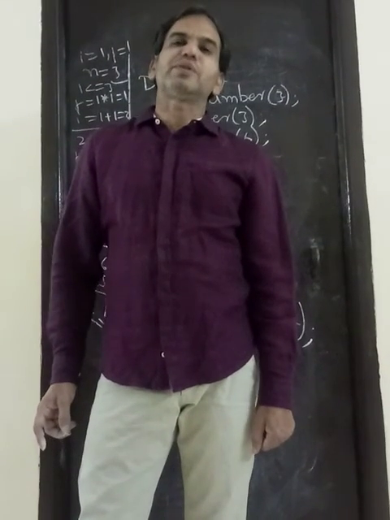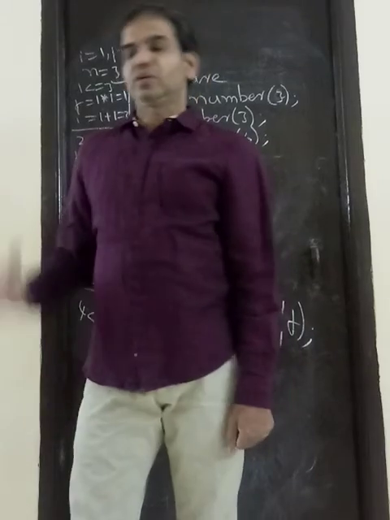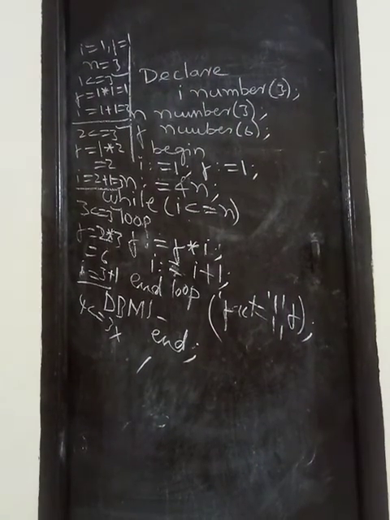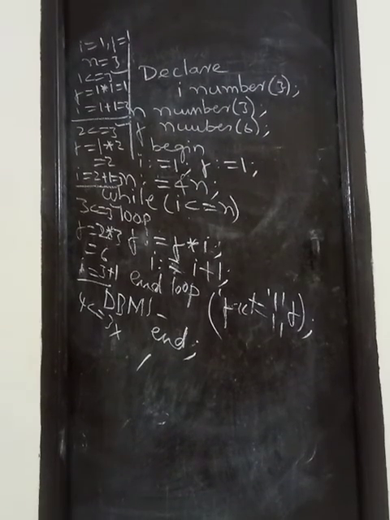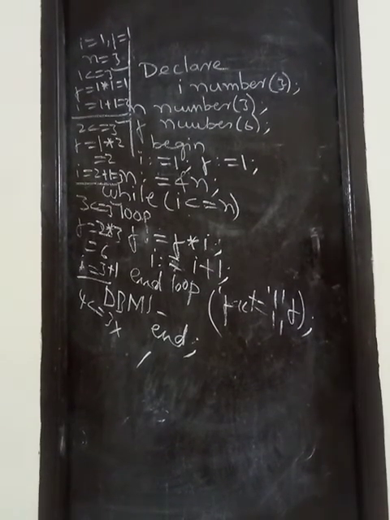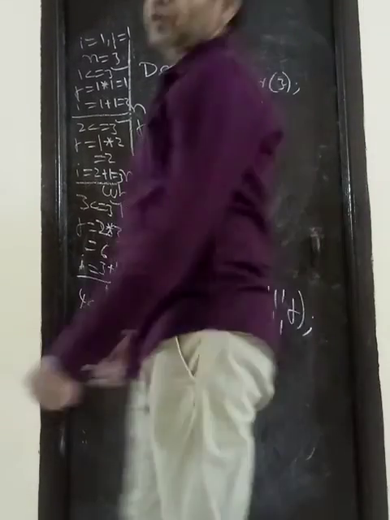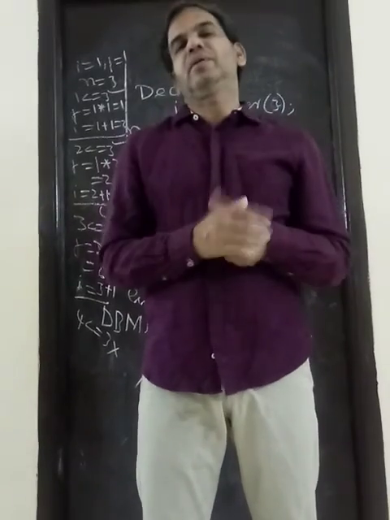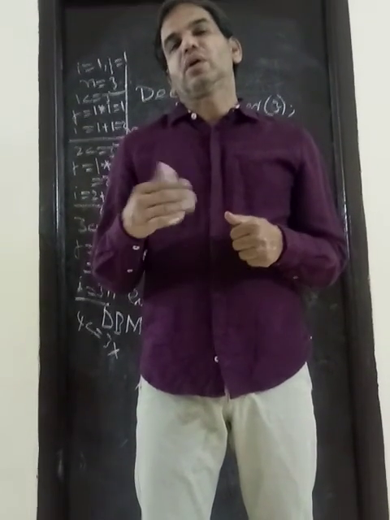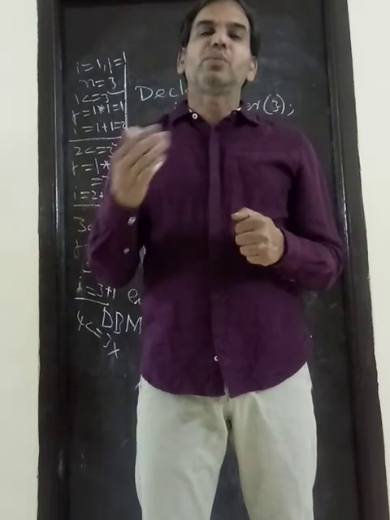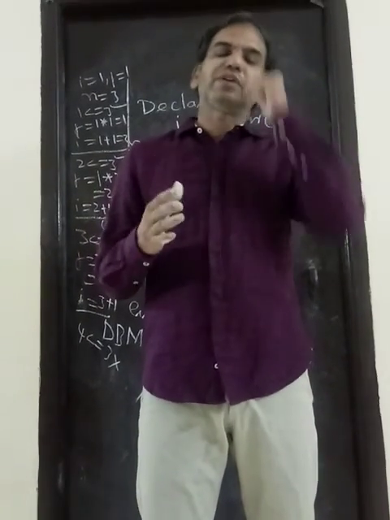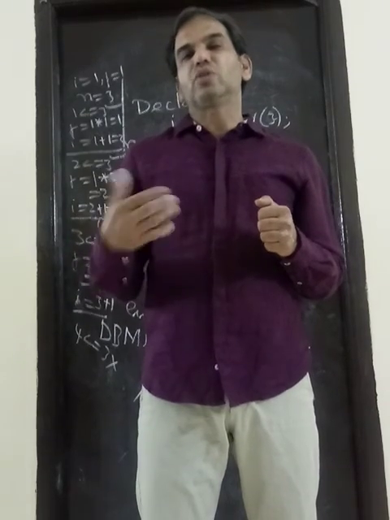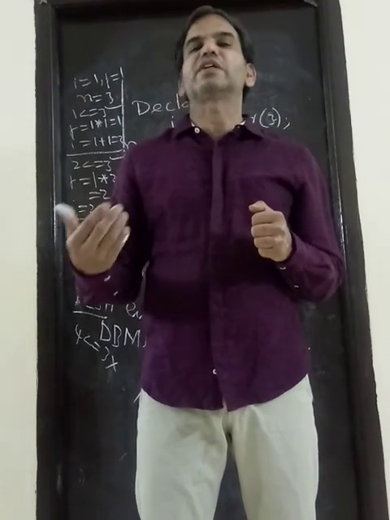Then the last one is the for loop. First of all, we will see the syntax of the for loop. Before knowing about the for loop, the basic loop is similar to the do while loop in C language, and the while loop is similar to the while loop in C language. In the while loop, first the condition will be checked. If the condition is true, then only the statements will execute. Whereas in the basic loop, first it will execute, then the condition will be checked.